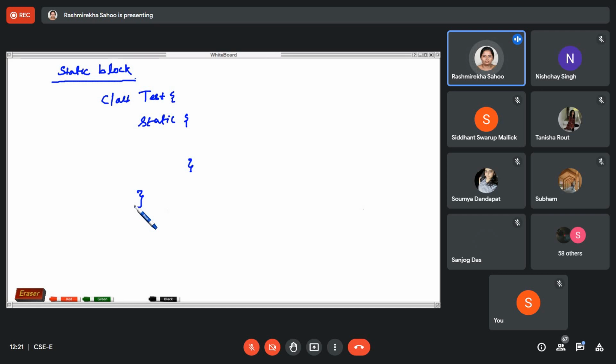If I write it in the same program here, simply I'll write System.out.println hello. So when this test class is loaded in the memory, automatically this static block will be called and this hello will get printed.